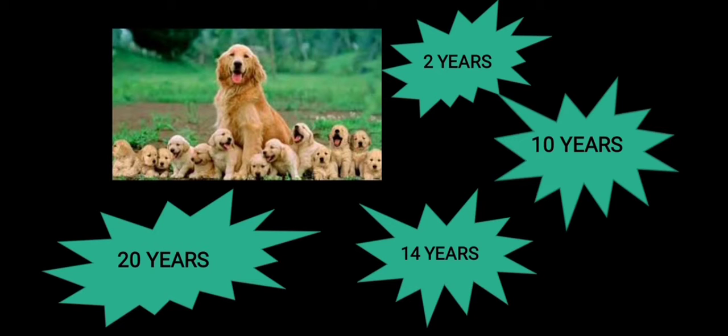Though reproduction is not needed for the survival of an individual organism, it is very, very important, or very necessary, for the survival of a species. Dear children, any living organism after birth lives for a period of time, and after that they die. And if there was no process called reproduction, then every species would have been wiped out from this earth or from this biosphere. So reproduction is a very important process which helps in the continuity of species.